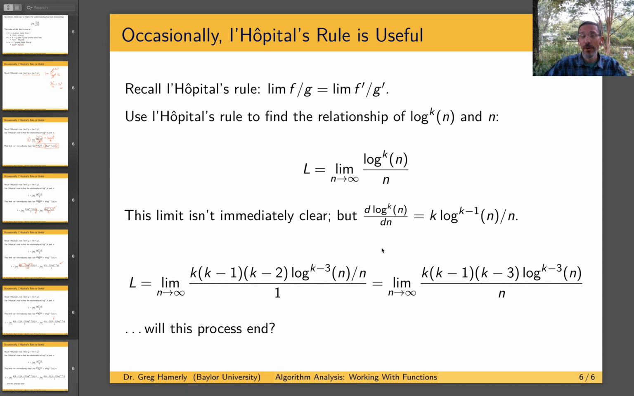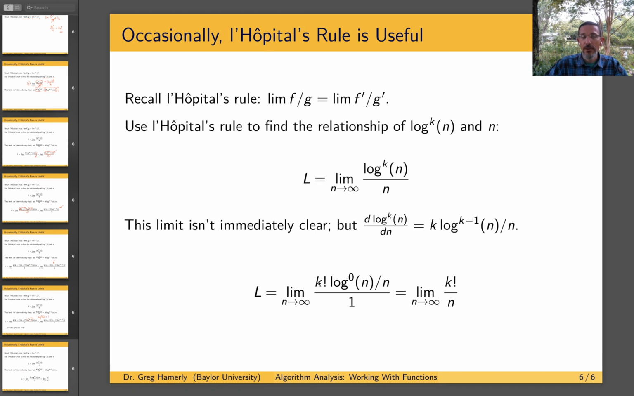And why will it end? Well, because every time we do this, notice that we're reducing the power in this exponent by 1 every time we take the derivative. And remember that according to our earlier definition, k is a constant. And so we can only do this k times before we get down to log to the power 0 of n, which is essentially equal to 1, right? And so the log essentially goes away because that's log of n to the power 0. Okay, so eventually we're going to get to k times k minus 1 times k minus 2 times k minus 3, etc., which is equal to k factorial times log to the power 0 of n divided by n,